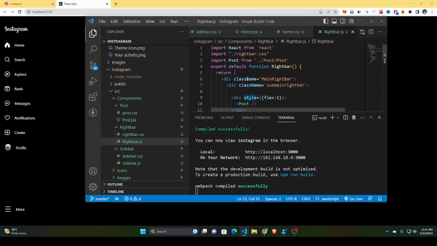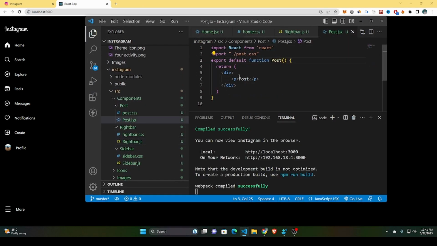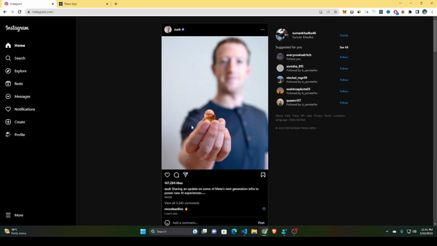Okay, so first let's go in our post, and now we are going to add a style, and we are going to add you know text into our post. First we are going to code a post JS, and then we are going to code suggested for you list. Okay, let's remove this post text, and instead of that,